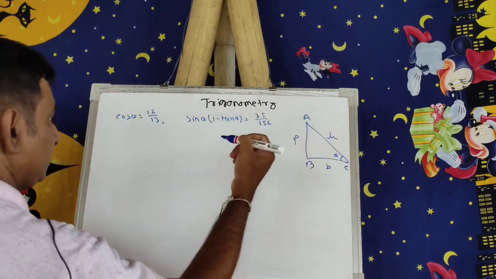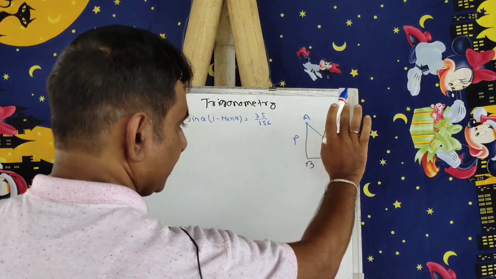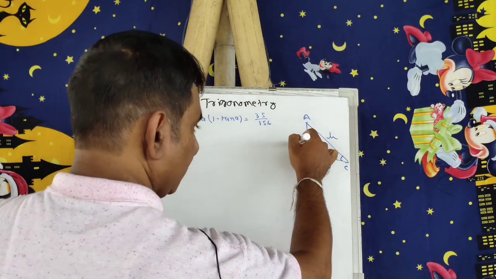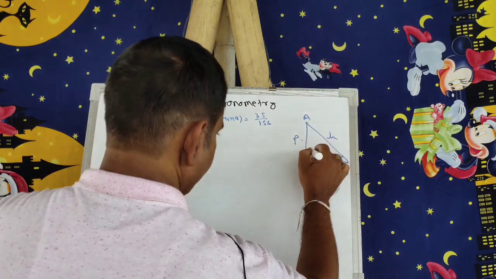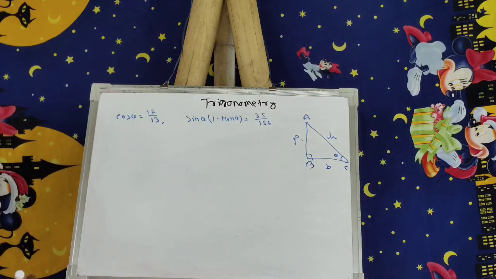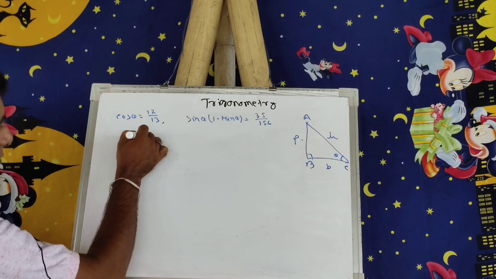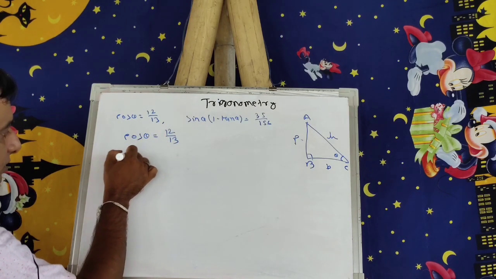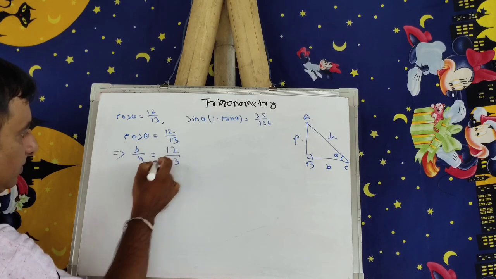Okay, fine. So, for that also you need a right angle triangle. So, let me draw this triangle ABC, this one is theta, this one is your required angle. So, perpendicular will be this one, opposite side, and base will be this, hypotenuse will be this. Okay, good. Now, see, cos theta equal to 12 by 13. So, what is the value of cos theta? It is B by H equal to 12 by 13.